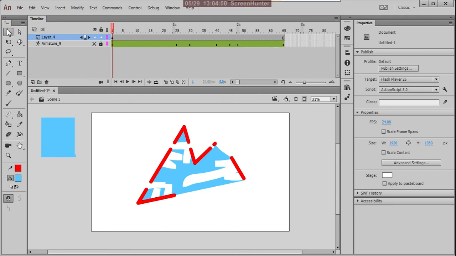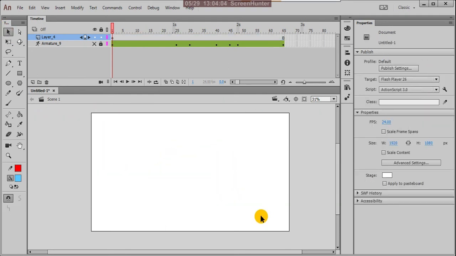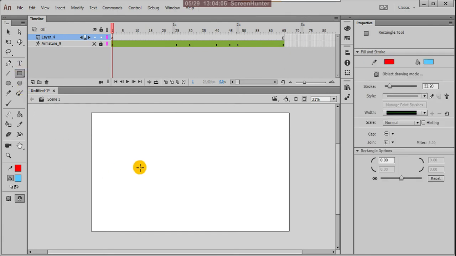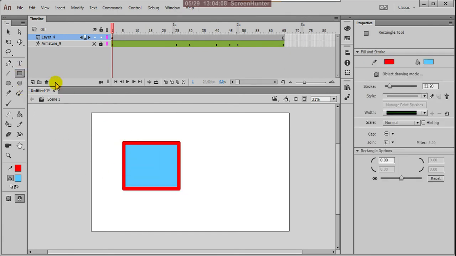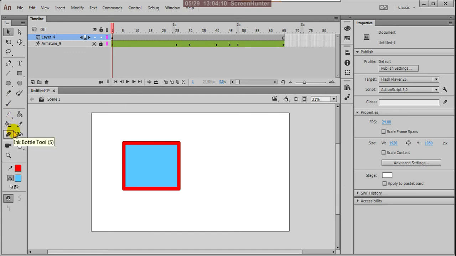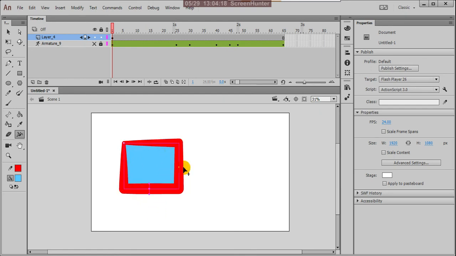Yes, now check the other tool. This is the width tool. This is also taken from Illustrator. It changes the width of the line.